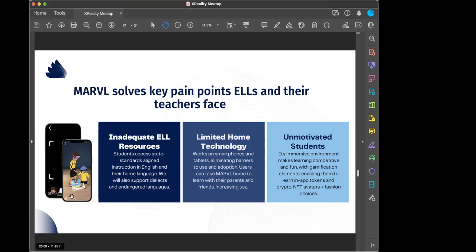And why we chose augmented reality versus VR is back to that accessibility part, right? And like I said, not every kid in America, or not everybody in America, has a laptop or a desktop at home, but